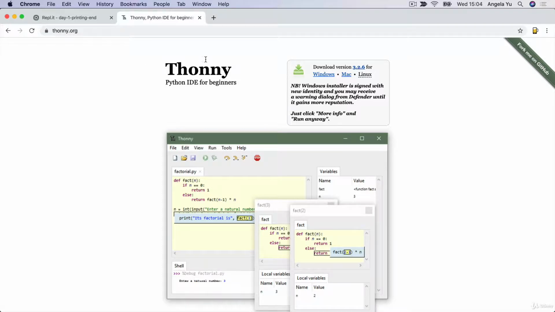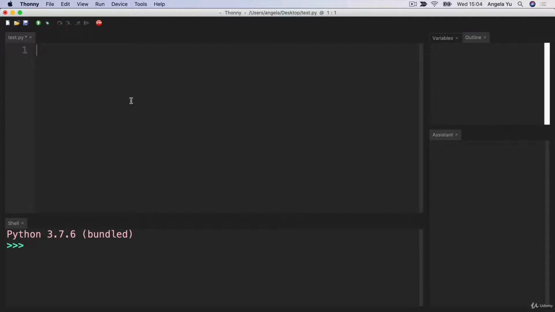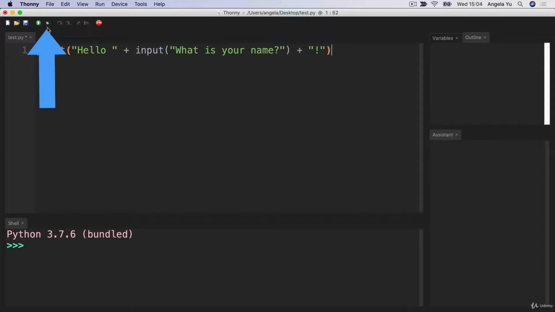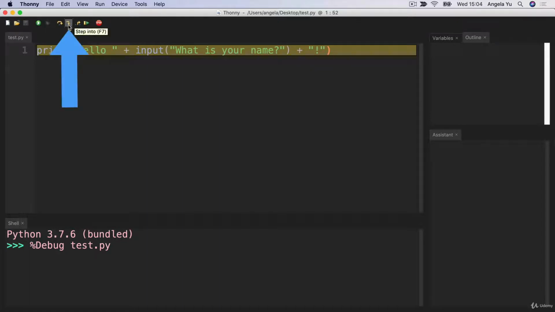It's completely free and it's available for Windows, Mac, and Linux. Once you've installed this application, you can paste your line of code here and click on this little debug symbol. Then we can click on the Step Into button to step into the execution of this line of code, to see how the computer is evaluating this code,